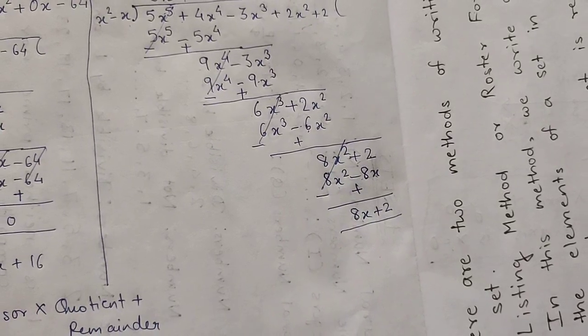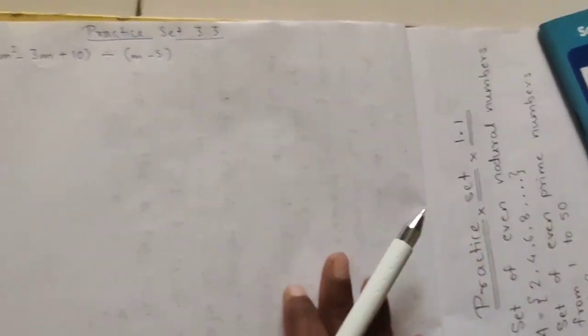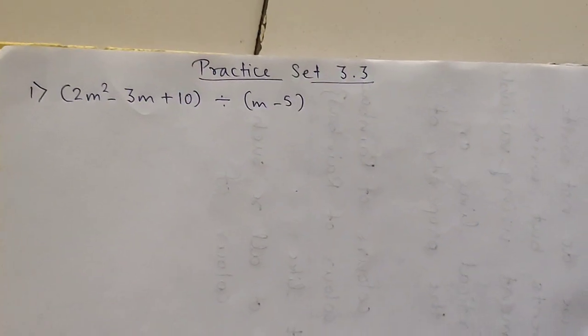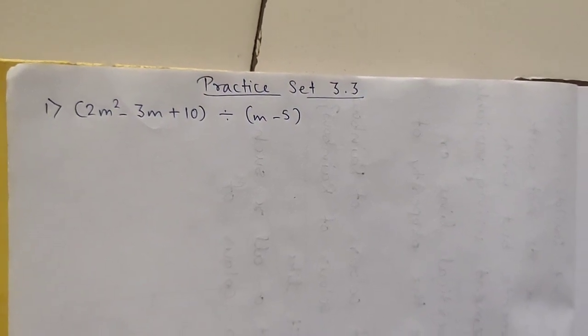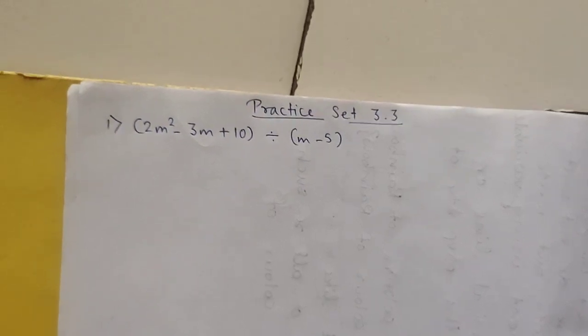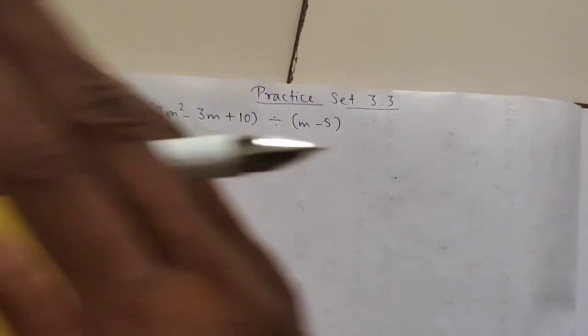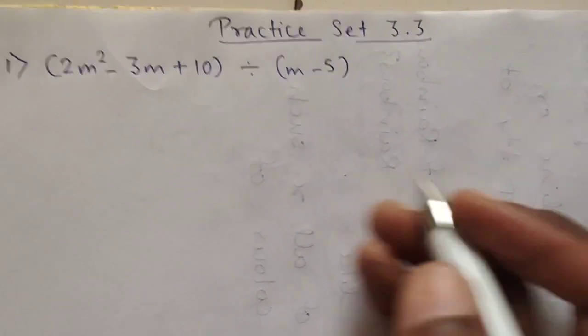Okay. Now I am moving to our next exercise, that is 2.3. And remember, your next question, that is question number 6, is omitted of that exercise. So let us start our next exercise, that is practice set 3.3. In 3.3, what you have to do? You have to do synthetic division. Okay, solve this by using synthetic division and also write your question and remainder. So let us see how to do this. This is very simple. Let us see.